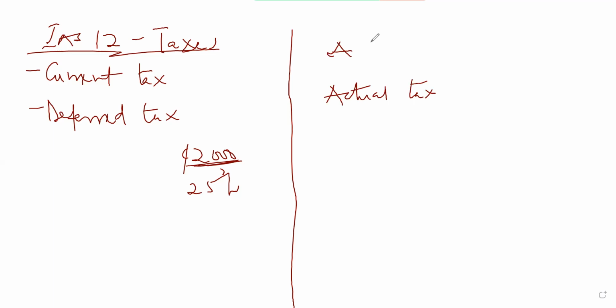So we can't be waiting. We are going to prepare financial statements and publish it. So we can't say that since we don't know the tax that we are going to pay for this year, we are going to wait for next year for the tax authority to give us the actual tax before we now come and include the tax in the financial statement. No. Since we are going to prepare an account for the year and publish it, the standard is saying that,